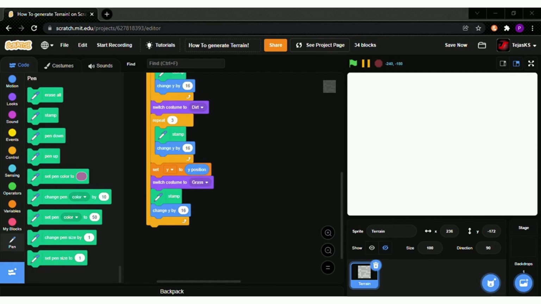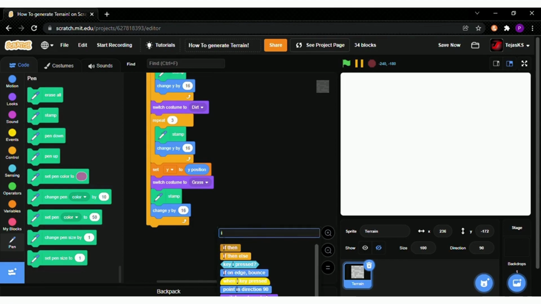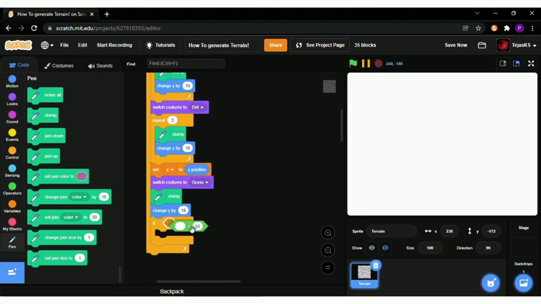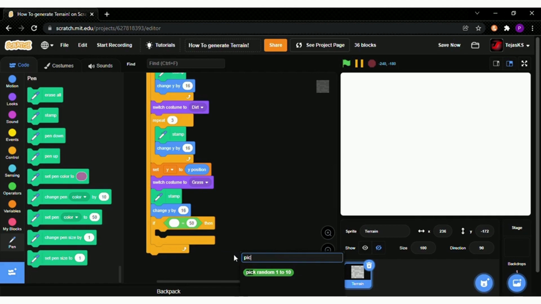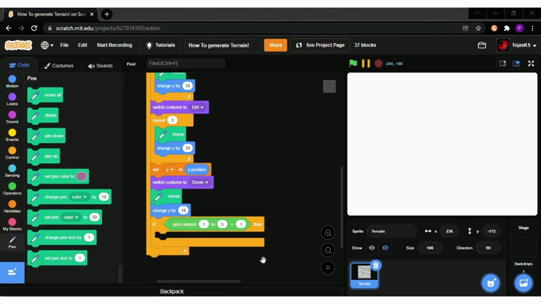Then get if, is equal to, pick random from 1 to 5 is equal to 1. It means out of 5 chances, we have 1 chance to get 1. So that's nearly 20%. So if this comes, then only this will happen, and that is switch costume